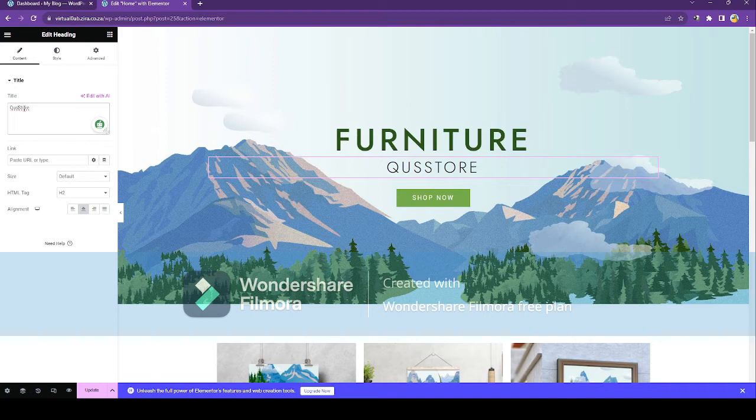Remember, these are just examples of what you can put. This quality store added there. Then there's a link, which in this case, you don't have to really change anything here, because this link behind